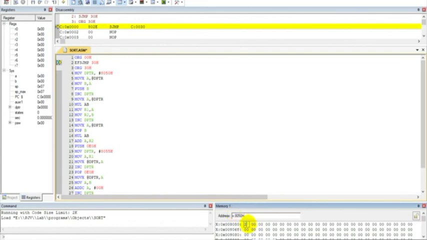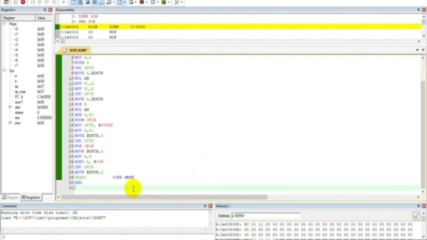So let's put 24, EF and 78. After giving it, I'm just running. So where was the result to be seen? 55H according to the program. You can see the result is 9C0111.